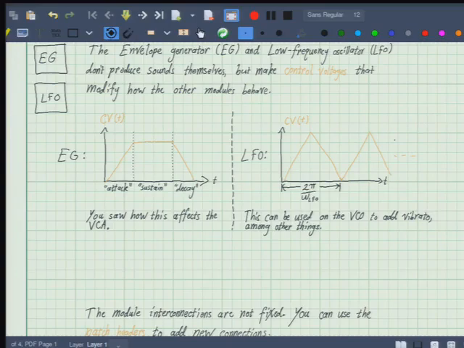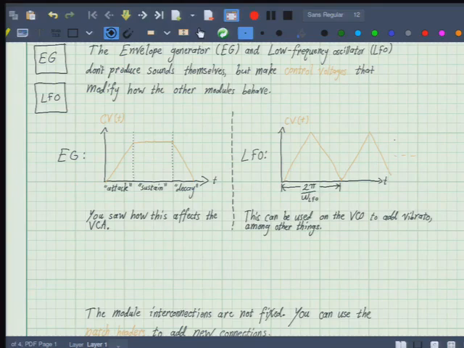With the envelope generator, this is what will produce the volume dynamic envelope of the signal itself. Whenever you hit one of the keys on the synthesizer, it'll produce one of these mound-shaped signals, and you can control the length of the two sides of this trapezoid, which are called the attack and decay in musical terms, and we'll see why that is. You can control that directly with two knobs on here. There's not too much going on in the signal, but again, we'll see that this can produce interesting effects.